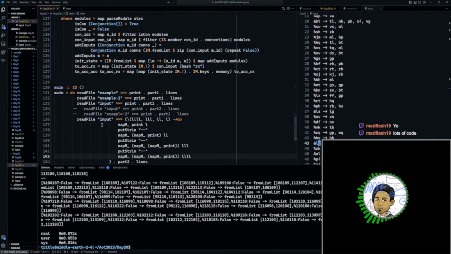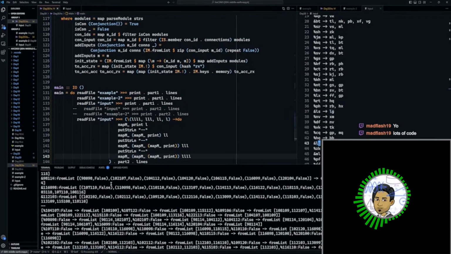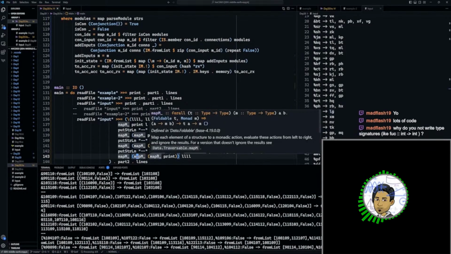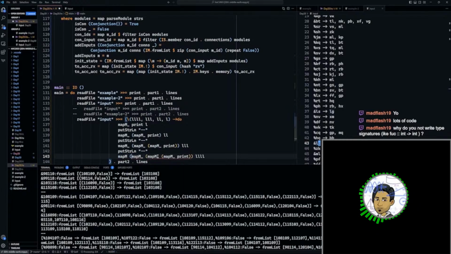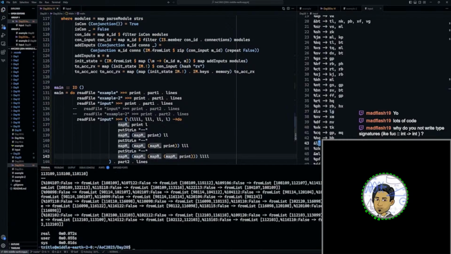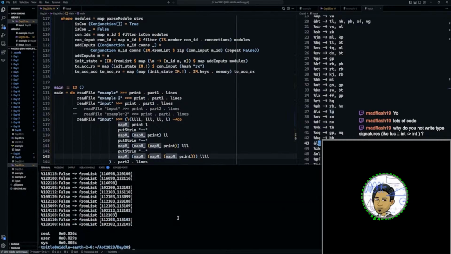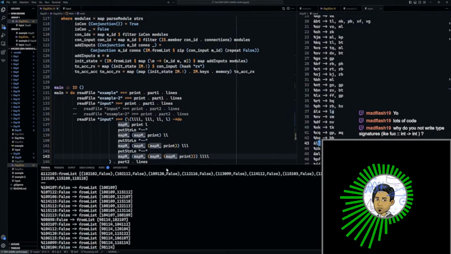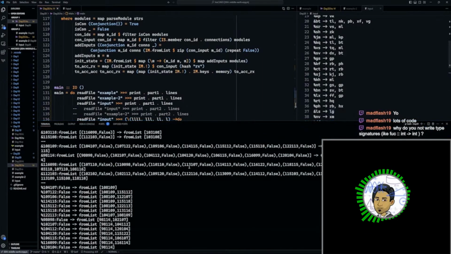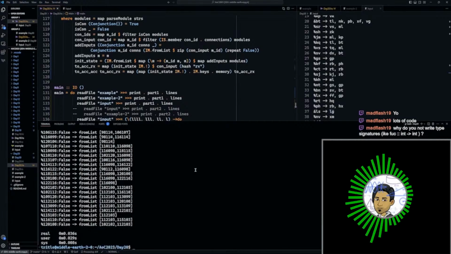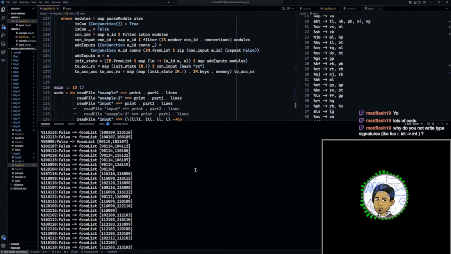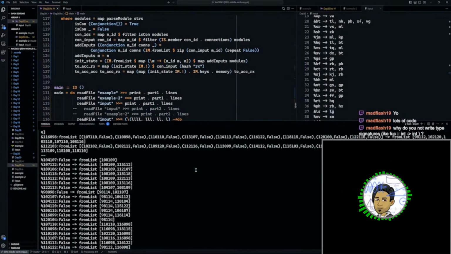These are all flip-flops. All right. Now I need to map M. So all of these flip-flops send a message at the same time,